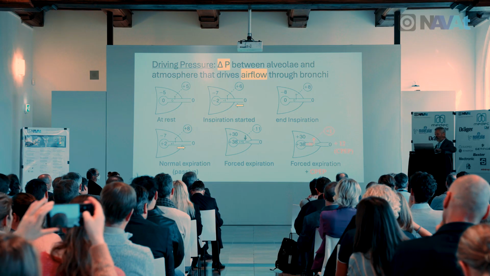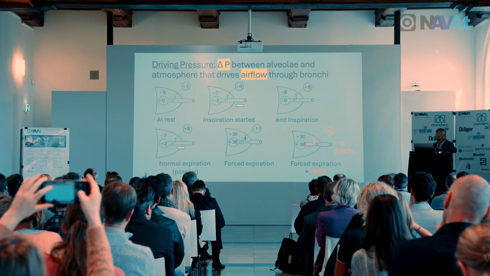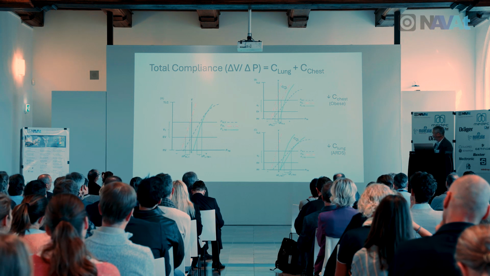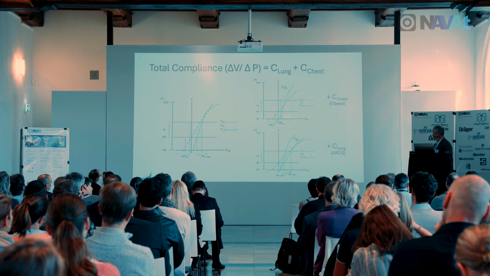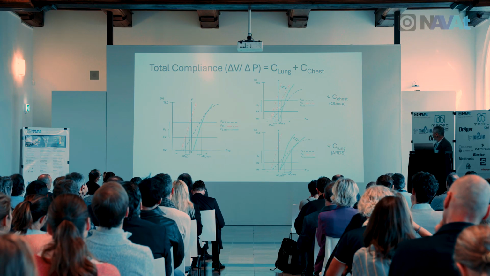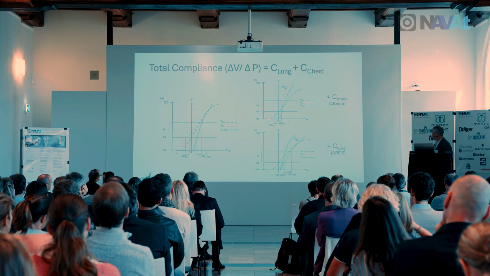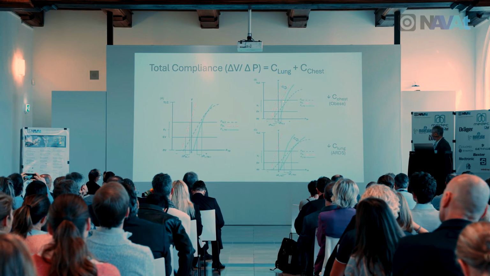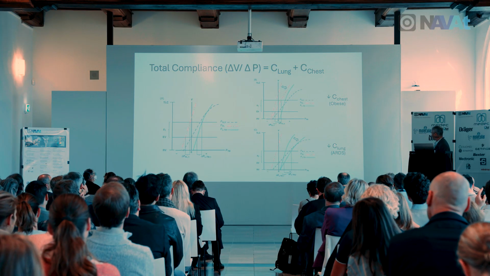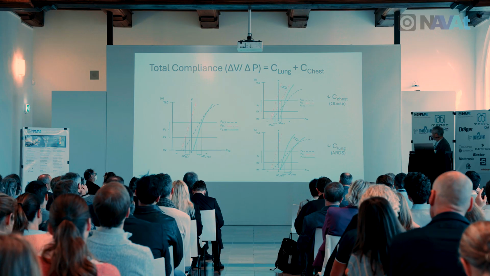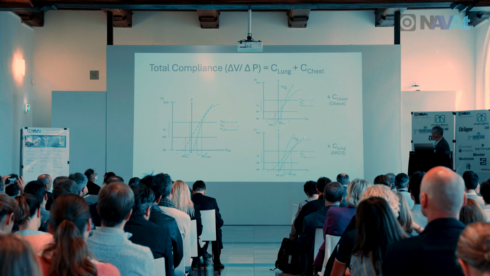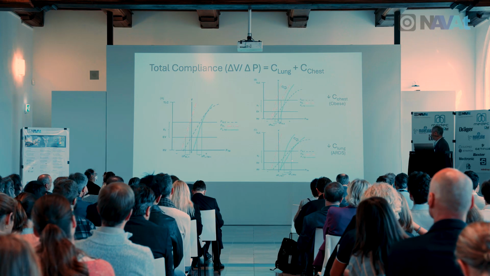I will work on the nerves of Jan now, because I was going to give some examples of what happens when there is a decrease in chest compliance. That means the red line will now be less steep, that means more pressure for the same change in volume, versus ARDS, where the compliance of the lungs decreased. That is the green line that now moves to the right. That's the transmural pressure or transpulmonary pressure